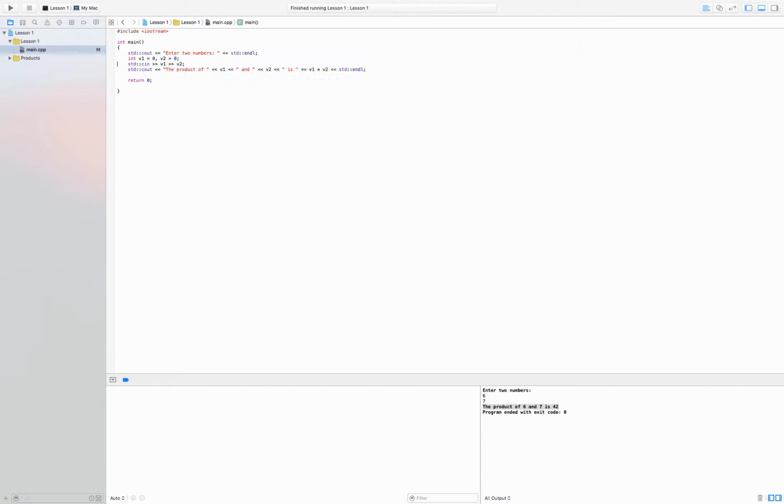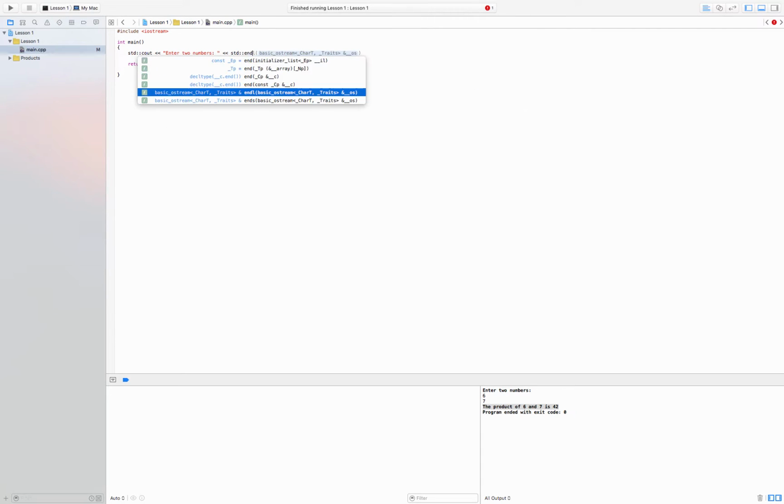So I'm just going to rewrite this code completely, because we're going to do something a bit different now. std::cout << "Enter two numbers" << std::endl